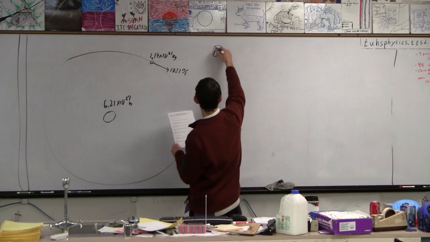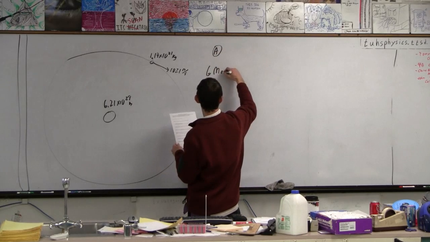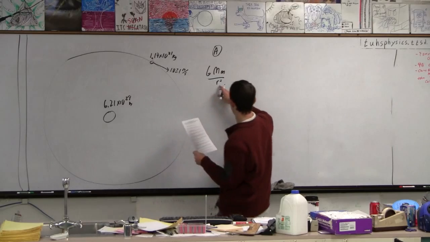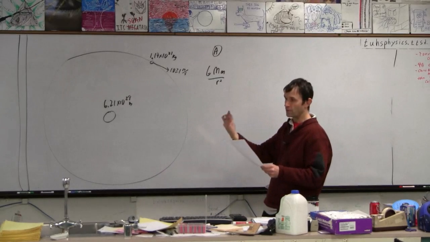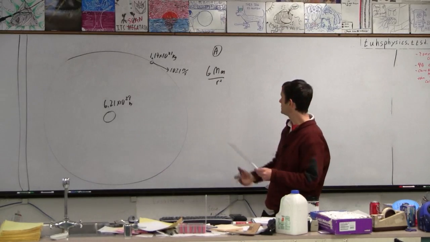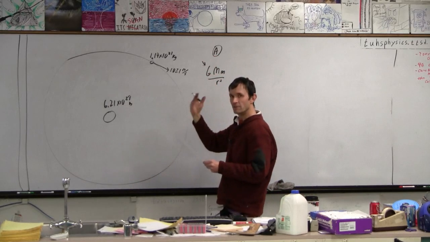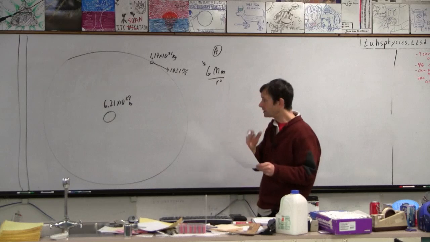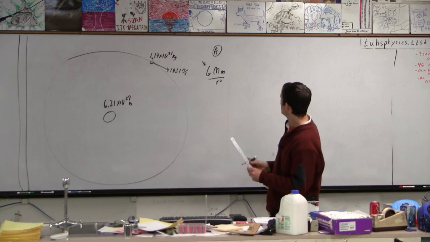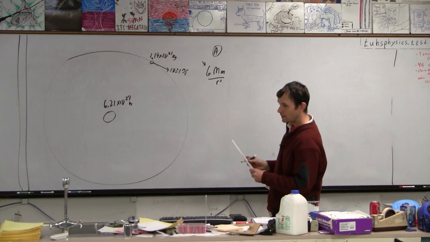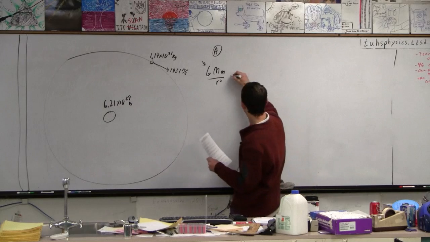So for question A, I'm going to say G m m over r squared, the force of gravity. This is in your data packet. It's farther back in the packet. You've got to turn a few pages, but there it is. It's in the second or third page of the data packet, so you can find it. Don't panic, it's there. And then I'm going to say that that equals